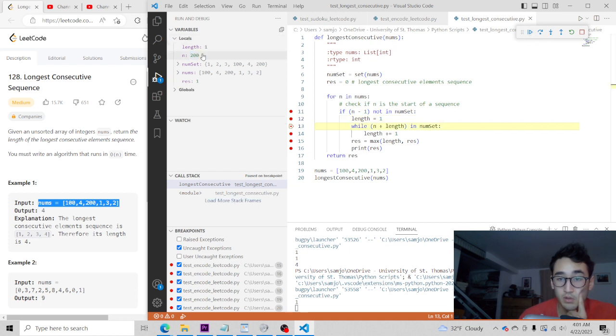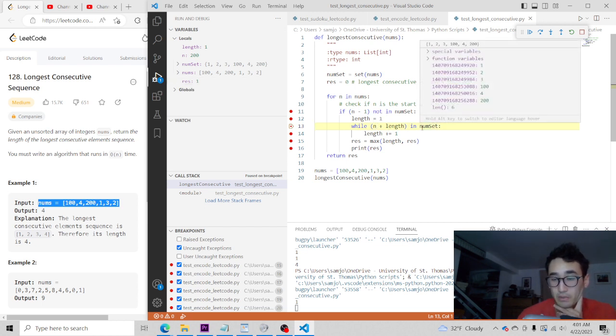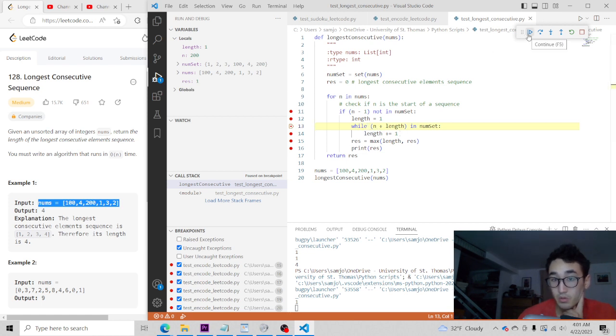So we're at 200 now. 200 minus 1 is not in numset, 199, so it could be the start of a sequence. And while n plus length, which is 200 plus 1, 201, is in numset, it's not. We have length is 1.